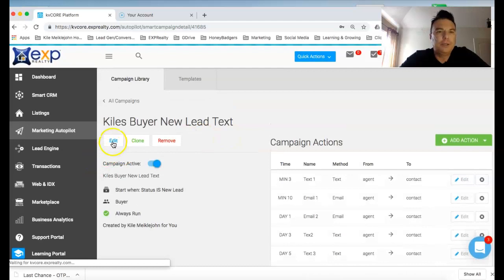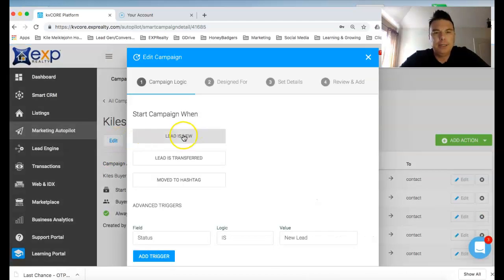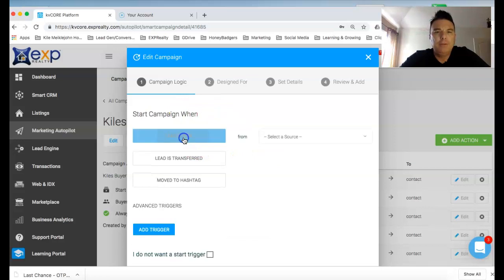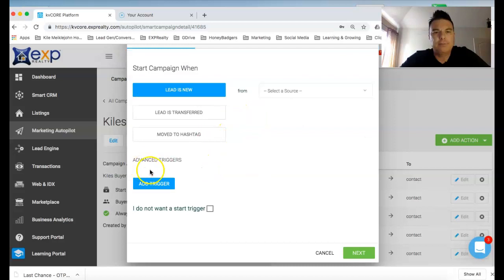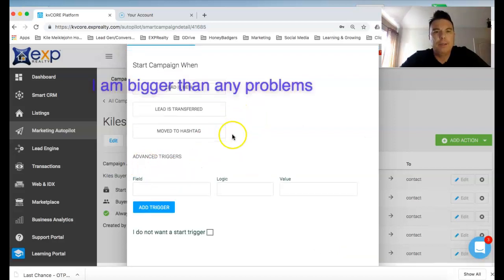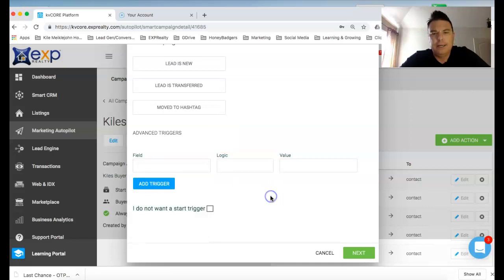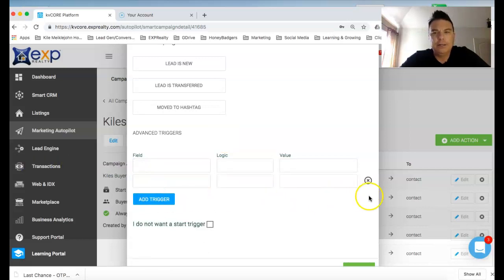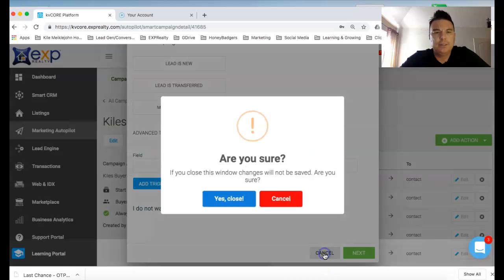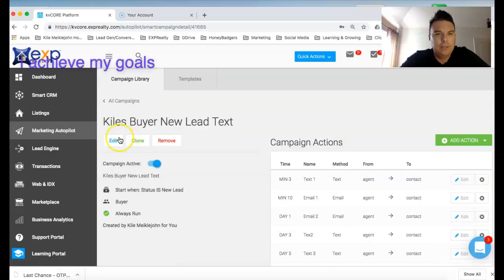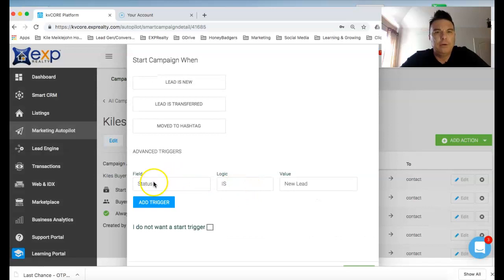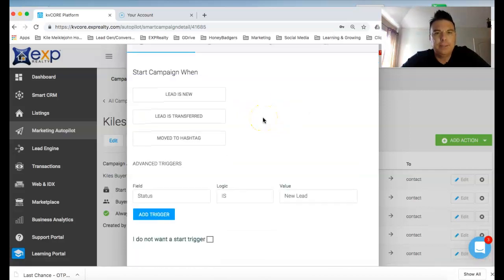Again, when you go into editing the campaign, when you're building it, start campaign when lead is new, you have to select from a source. I don't really select a source because I just want it to come from everything. So add a trigger here. That should have a trigger in there. Yeah, there we go. So this is what you want to do. Field, leave this blank. Don't bother filling in any of these. It's basically so any lead that comes in,